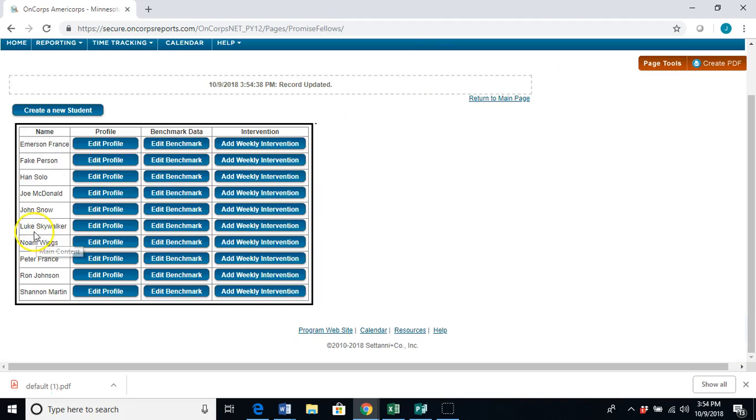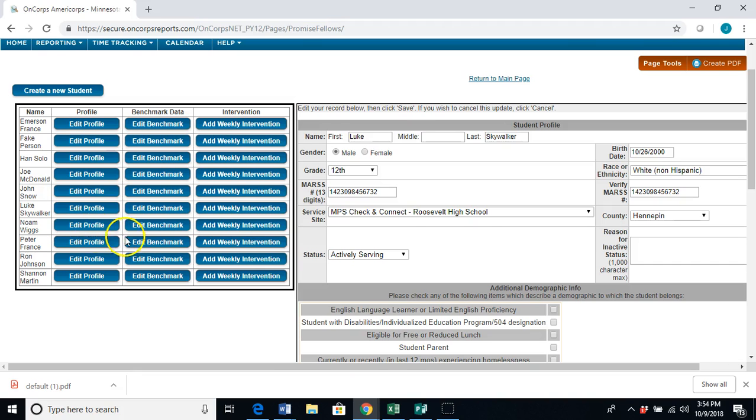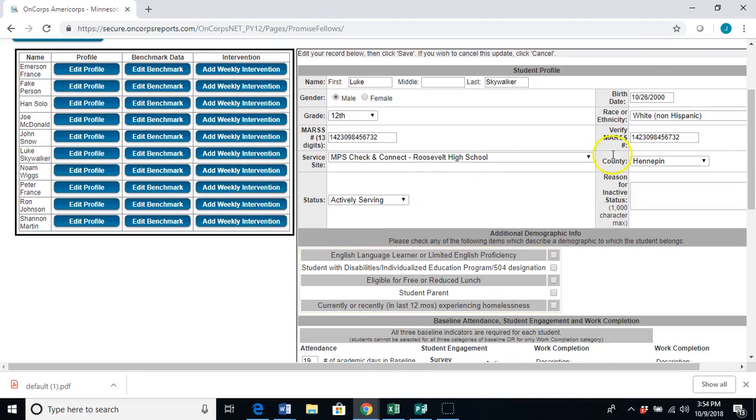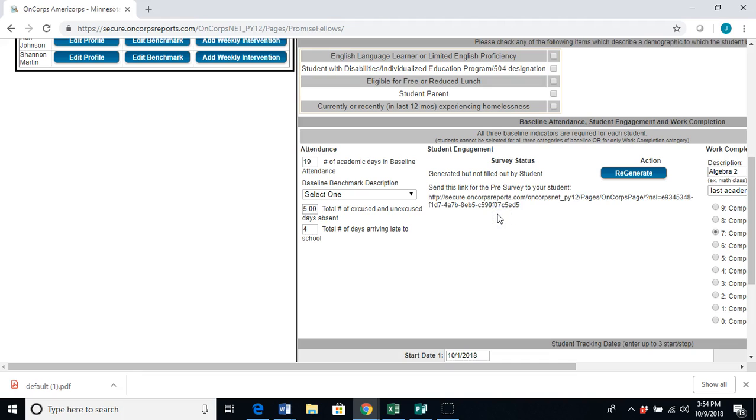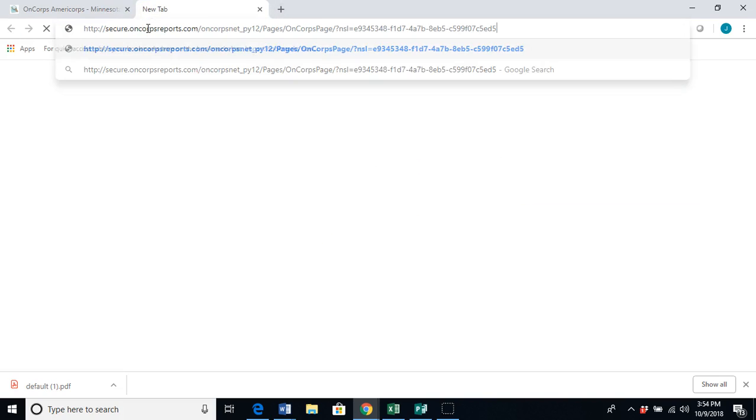Now you see that Luke pops up here in your list of students that you're serving. Now you can enter their SEI data. To do that, you hit Edit Profile. While the information you've entered is still here, scroll down, and now there's an option to create a link. So click on Create, and this is the link for their personal SEI survey. So copy this link into a new tab,